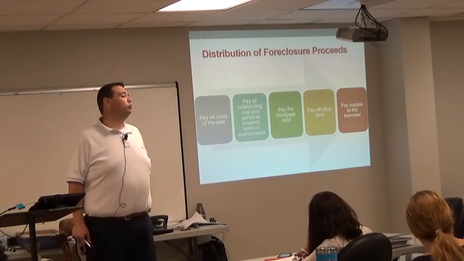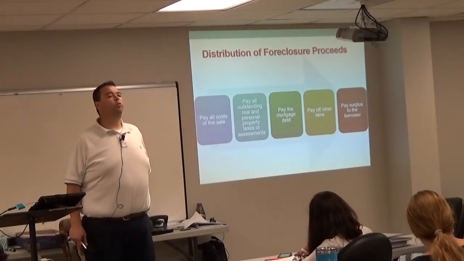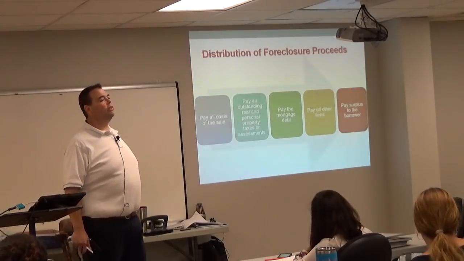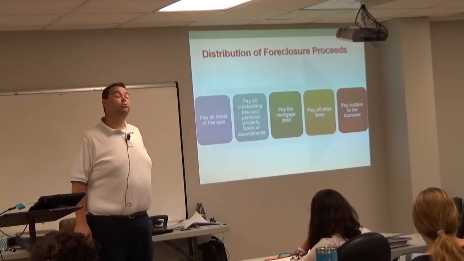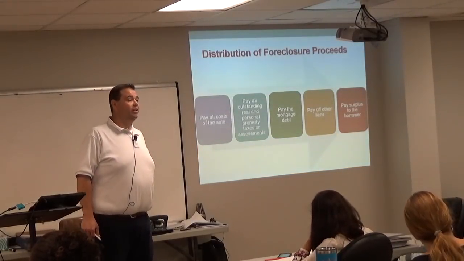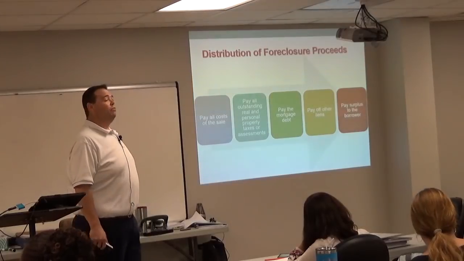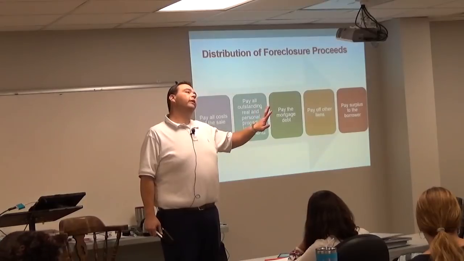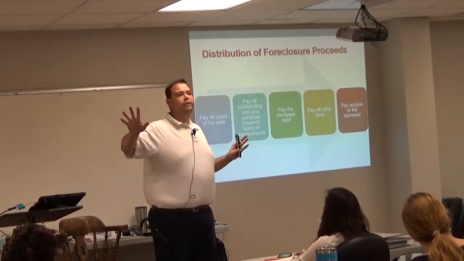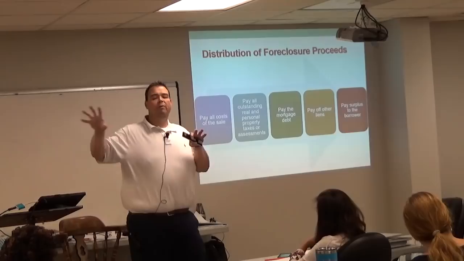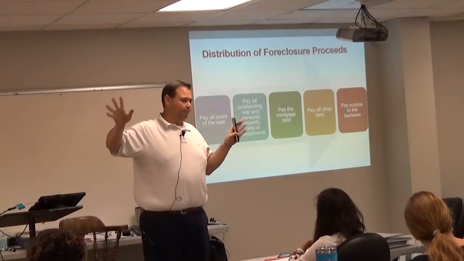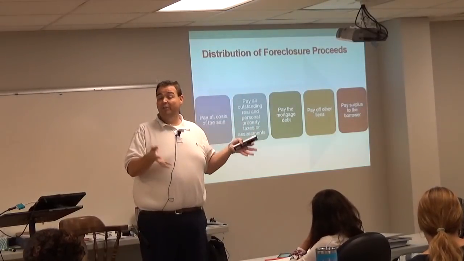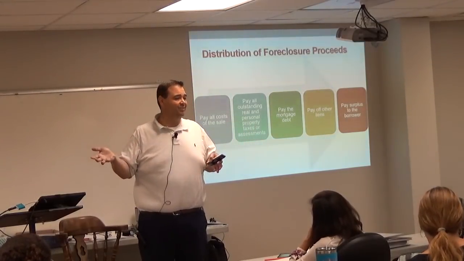This is called a pure race statute. It's like a race to the courthouse, because the mortgages are going to get paid in the order they were recorded. That's where the terminology first mortgage, second mortgage comes from. And folks, there ain't nothing fair about this. They don't go, well, you're owed $100,000 and they're owed 20, so we'll just give you 95 and let them have 5 so they get something out. You pay all of the first mortgage first, and then if there's any money left, you start paying the second mortgage.